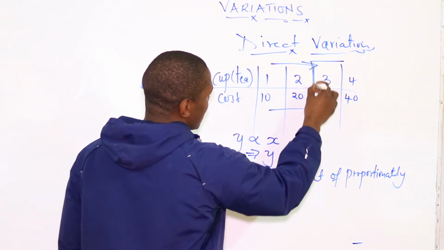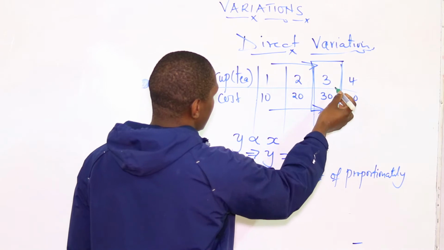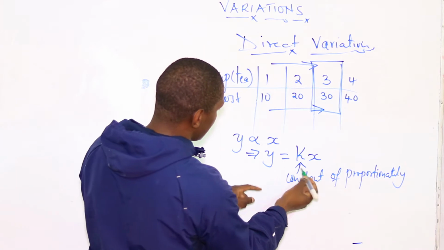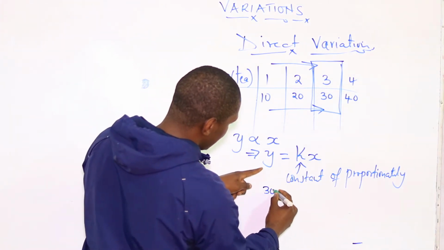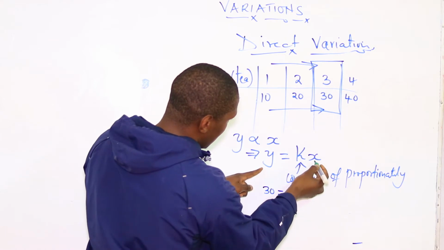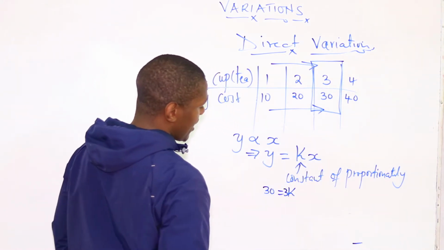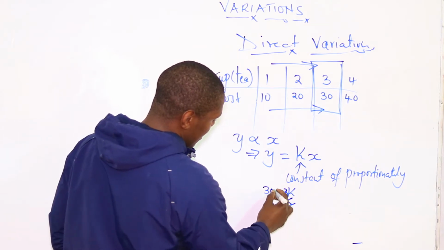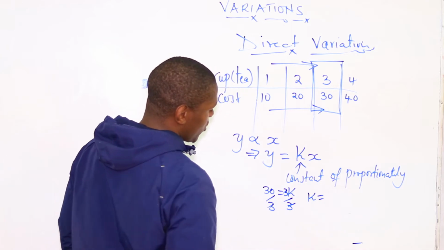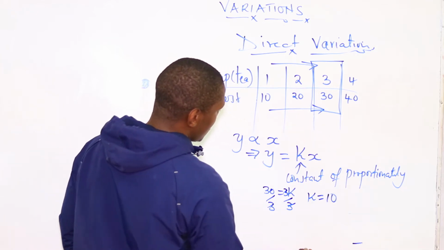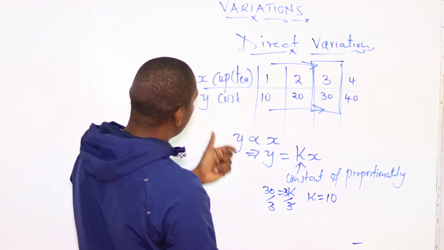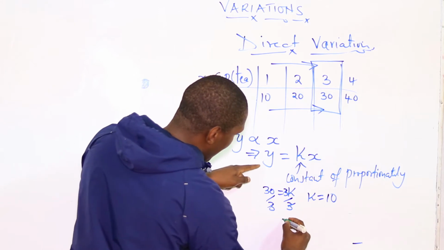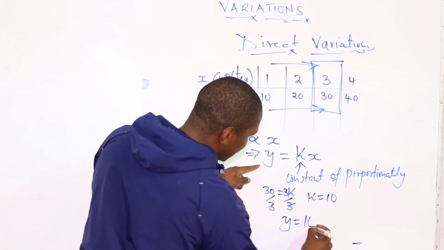Let us take, for example, this. If you took 3 cups, so our X is 3, which cost 30 shillings. So Y will be 30 is equal to K times X, our X is 3, so that will be 3K. So if we divide through by 3, our K will be equal to 10. So the equation representing the cup of tea and the cost of that tea will be Y is equal to